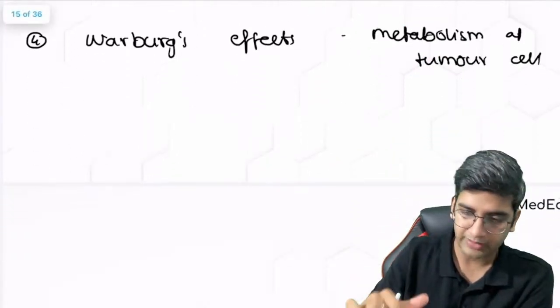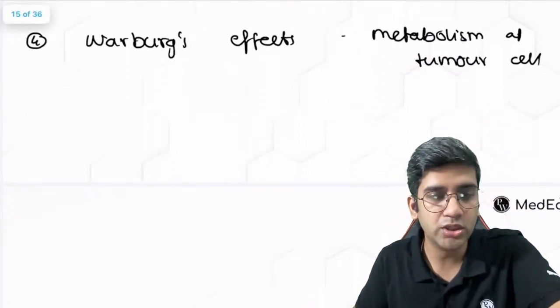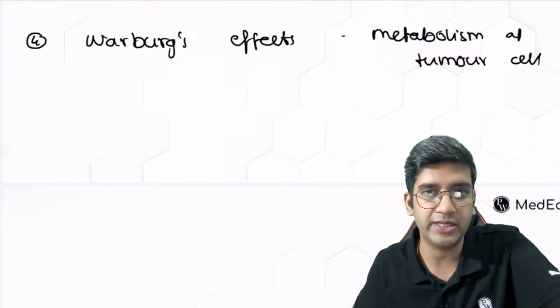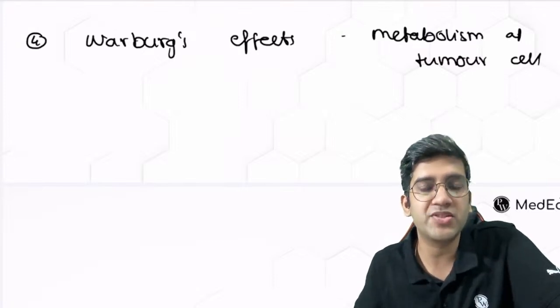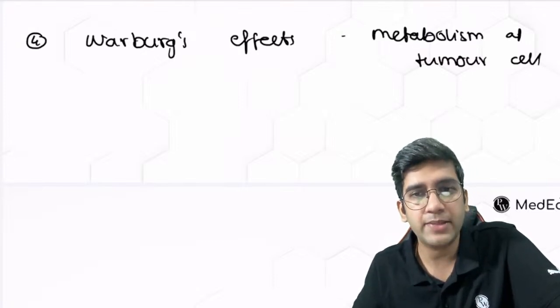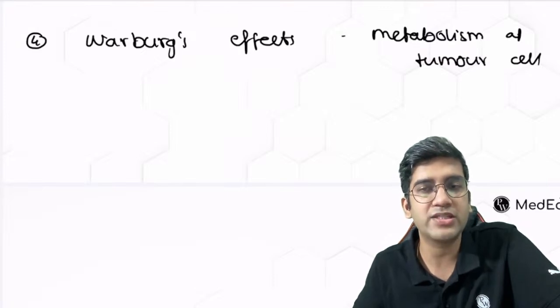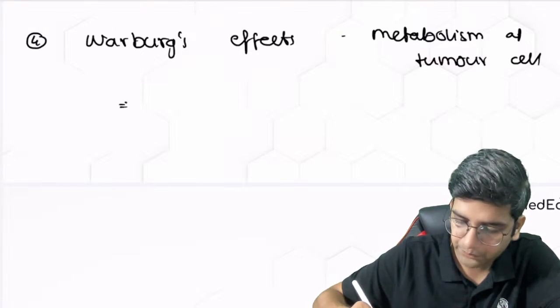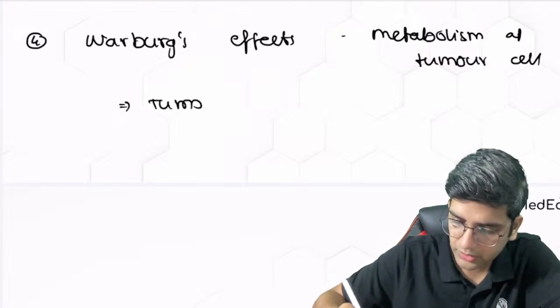Next we'll come to the next one, where the doctor called the kid a huge kid. So there's a metabolic problem there with the kid, right? That's what we call the Warburg effect. So altered cellular metabolism is the Warburg effect, right? So what happens exactly in the Warburg effect and what is required for us for understanding? Simple. Warburg's effect said that tumor cells